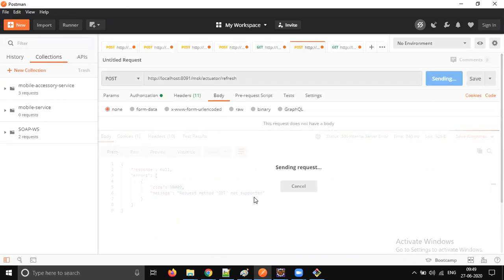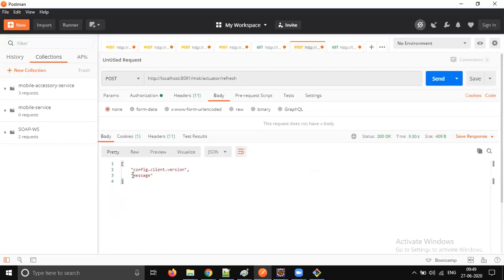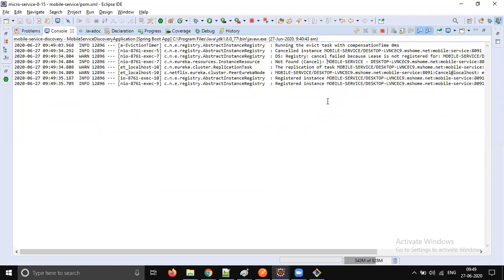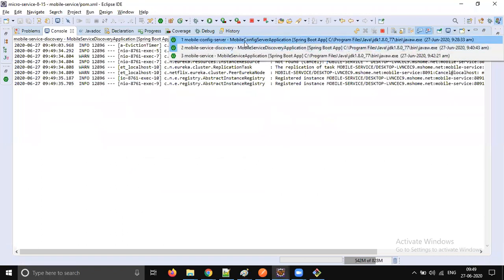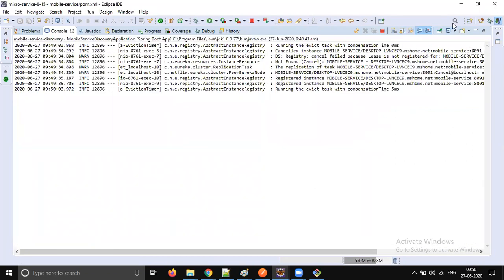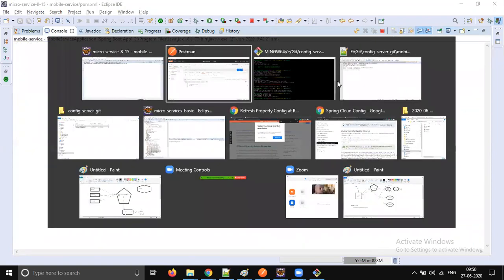Yes, let's send the post request, and you'll see the message is going to be loaded automatically on the fly. Zoom in. Yes, right, so the message is loaded. The keys which are reloaded will be listed here. So now let's go back and send the request. Go to our console. It reloads the configuration from there. Okay, so yes, now let's send the second request.